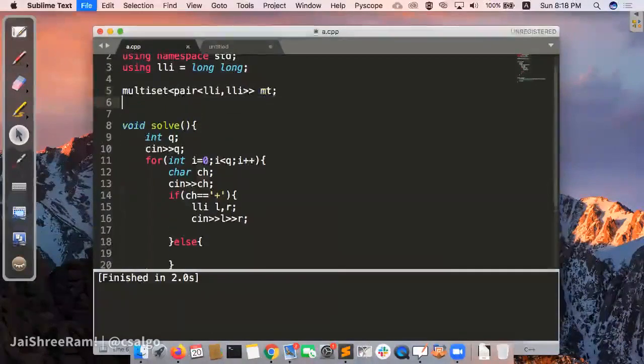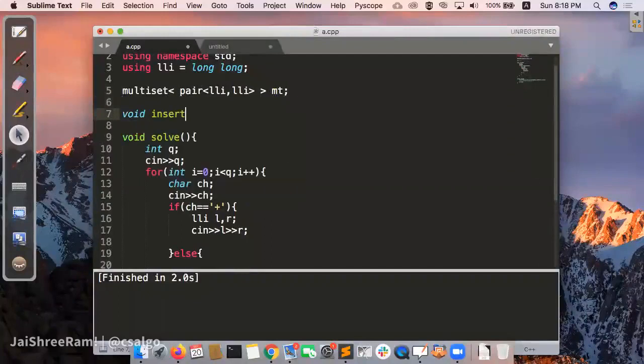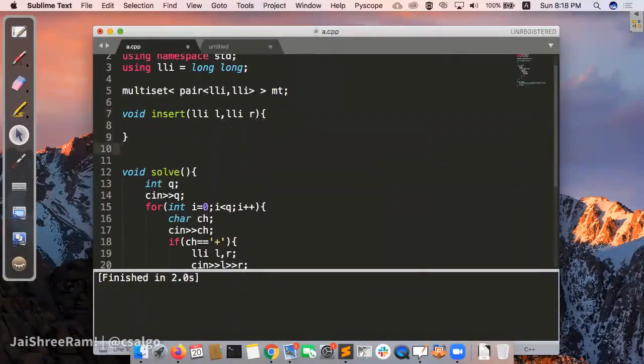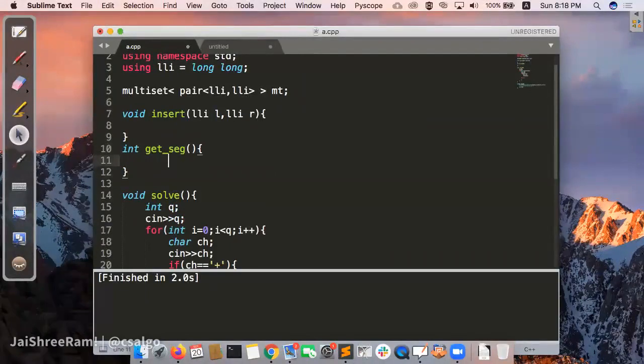Okay. Now we have to insert a particular L to R, which we will be given as long long only. We might need to insert a particular L to R, or we might need to get the number of segments. So these two things are the main things that you need to answer. In fact, the number of segments will always be up to 10 to the power 5. So this insert part is the most tricky one, right?